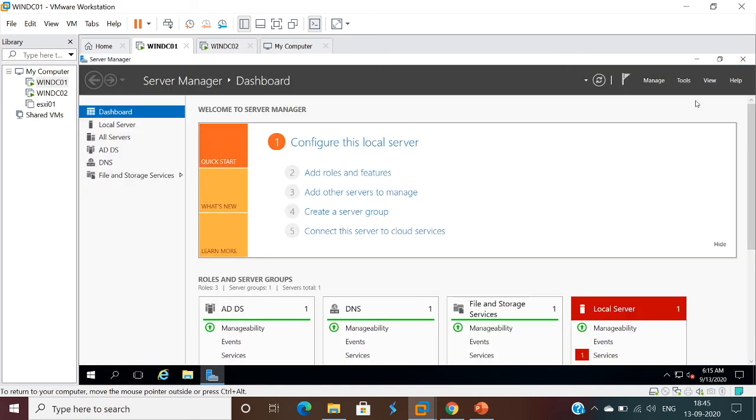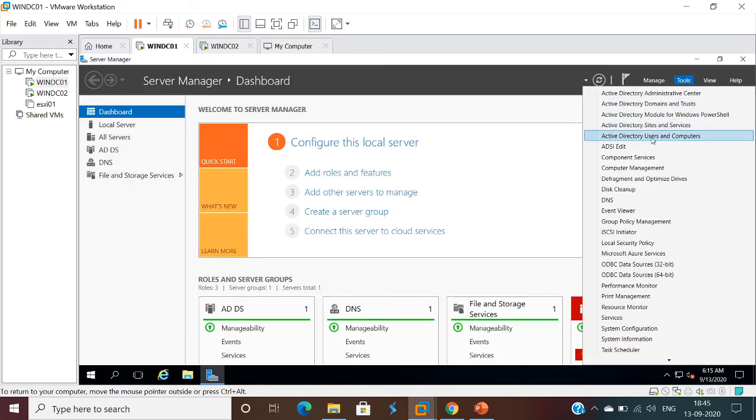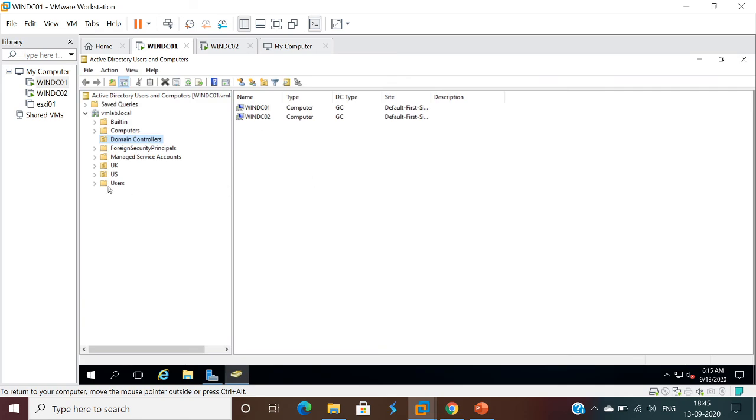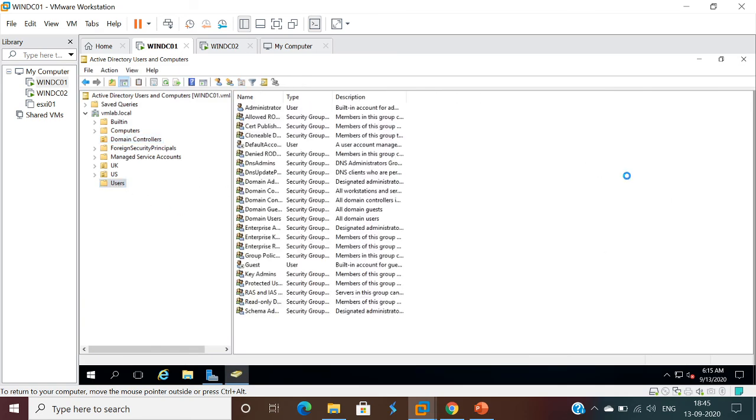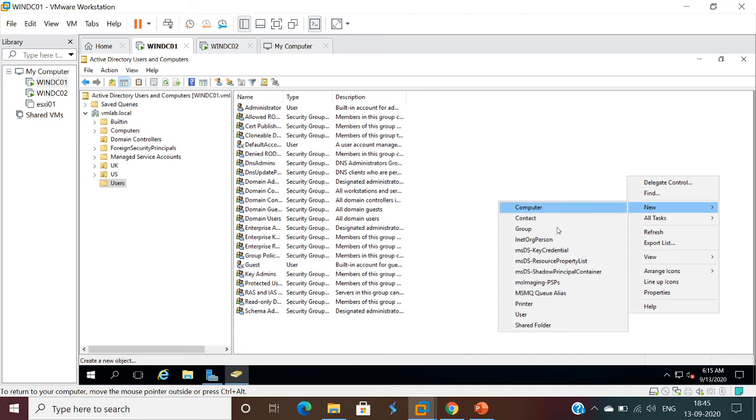Let's do some test. Go to Tools, Active Directory Users and Computers. Go to Users, create one user.